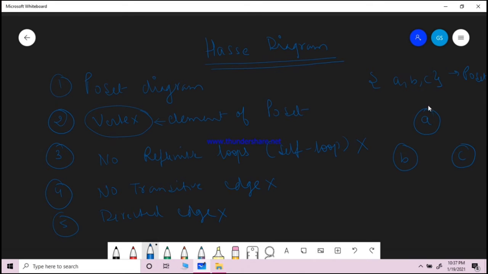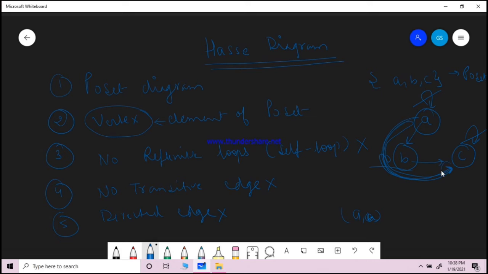What else you have to avoid? You have to avoid all the self loops. You represent a reflexive relation with A comma A or B comma B. You should avoid it. Don't draw it. By default, it contains this edge, you don't have to draw this. Next, what you have to avoid is the transitive edge. Transitive edge means if A is connected to B and B is connected to C, you don't have to draw this extra edge. This is called a transitive edge.